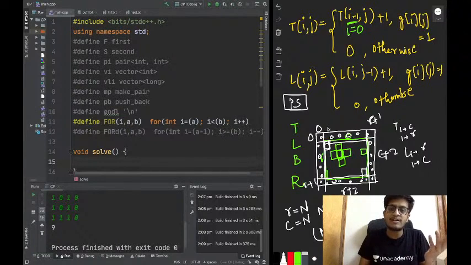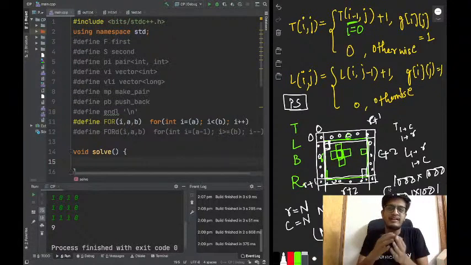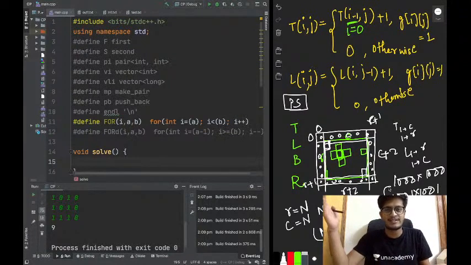What you will have is 1000 cross 1000 matrix, right? You have 1000 rows and 1000 columns. So the difference between 1001 cross 1001 and 1000 cross 1000 is not very much. You can afford this. We are not increasing 1000 rows or 1000 columns, right? We are just increasing one row and one column. It won't affect the time complexity in order sense.